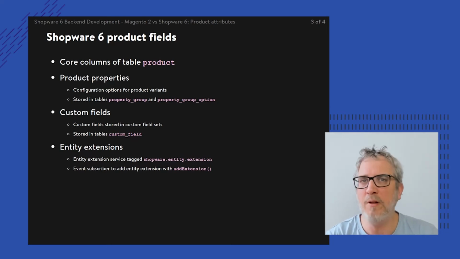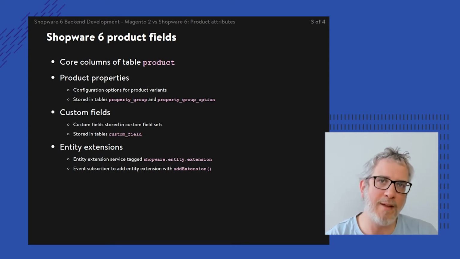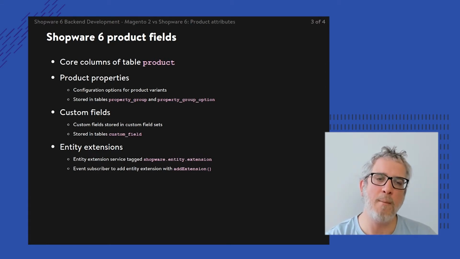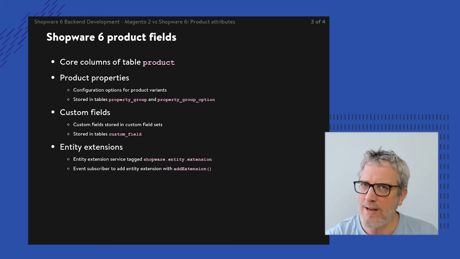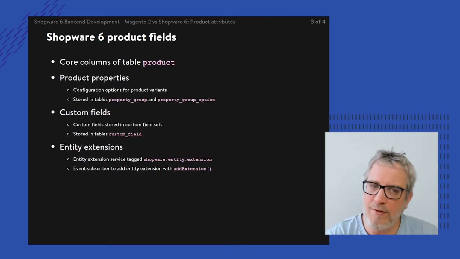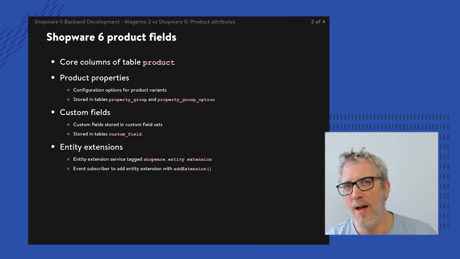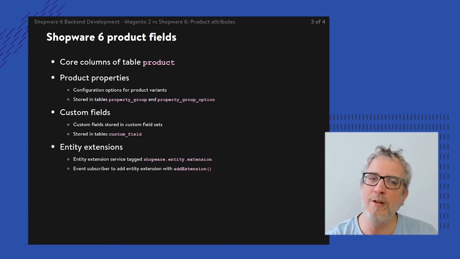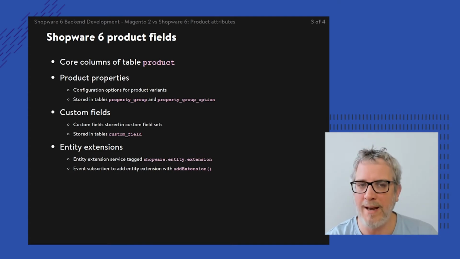And it's an extensible way of adding new fields or new columns on top of that existing product entity without modifying the core, without modifying the database structure. So consider these custom fields as closely related to EAV attributes in Magento. Now, on top of it, there's also this entity extension. And if you compare entity extensions with extension attributes in Magento, then you're spot on. The main difference between custom fields and entity extensions is that custom fields are managed in the database and entity extensions are managed through the code.